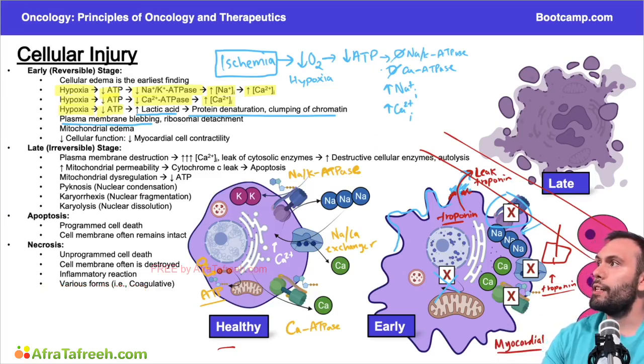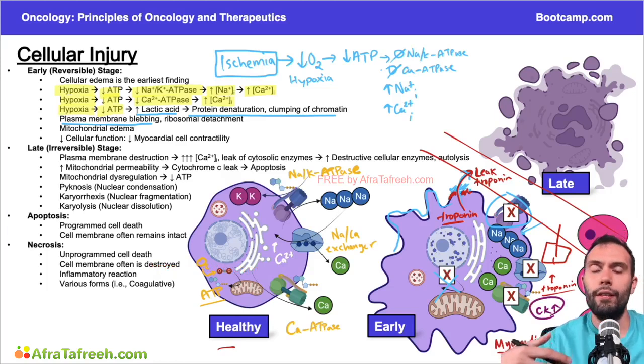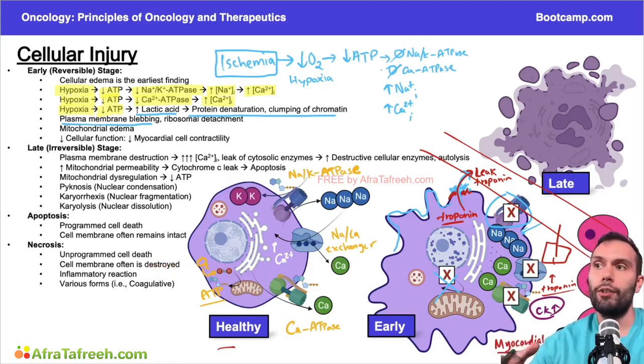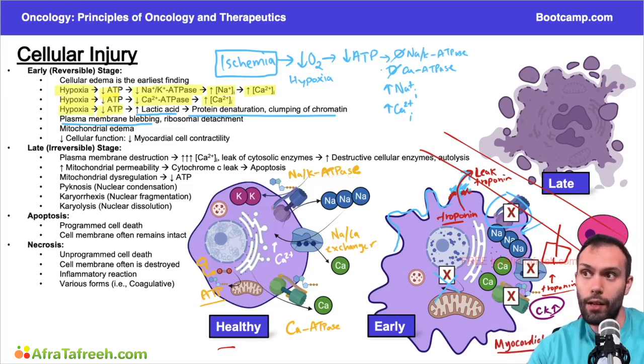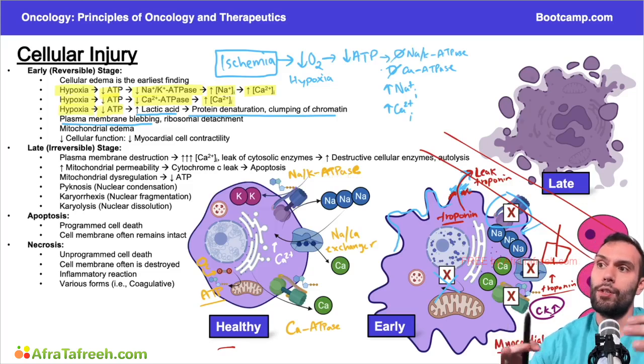Maybe I'd see an elevation in my CK, my creatine kinase. The CK level might be up if it was muscle tissue. And so we have different markers that would tell us which cells potentially are damaged. These markers are what we would expect to normally be inside of those cells. It's just that we have some damage in those cells, and those cells are now leaking some of their enzymes